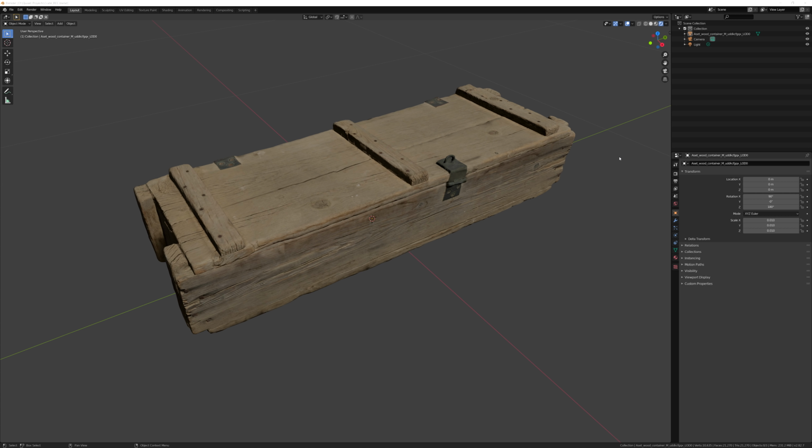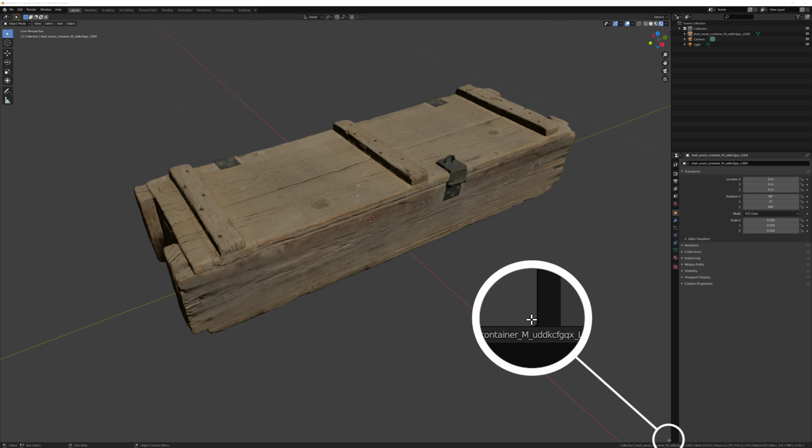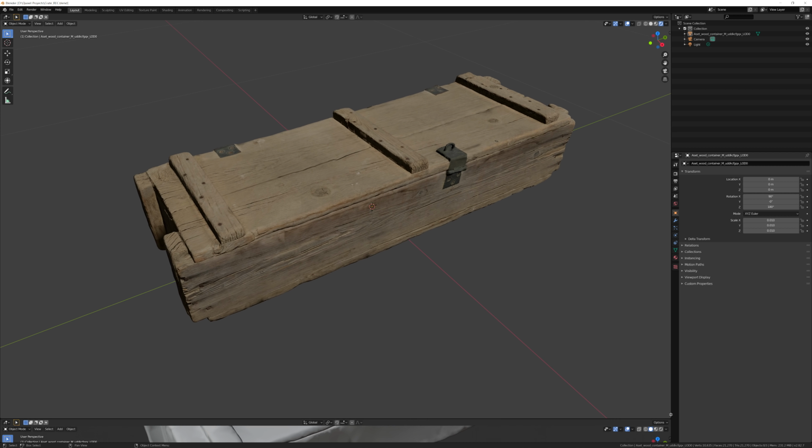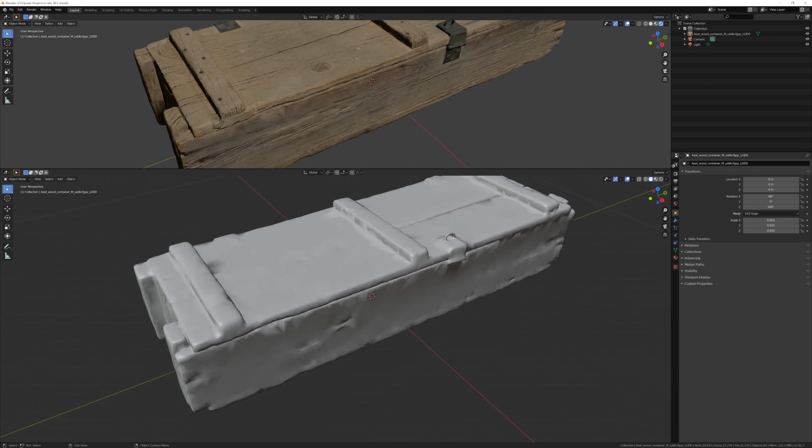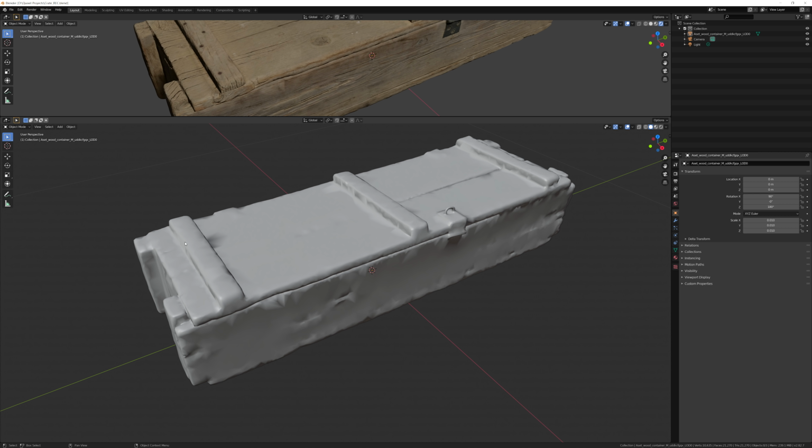So the first thing that we need to do is hover our mouse in the bottom left or the bottom right of our viewport right here. And if you hover your cursor close enough to the corner, you'll see that it converts itself to a little crosshair. And then once it's a crosshair, all you have to do is click, hold, and drag up, and you'll see that you now change this viewport to 2 viewports.